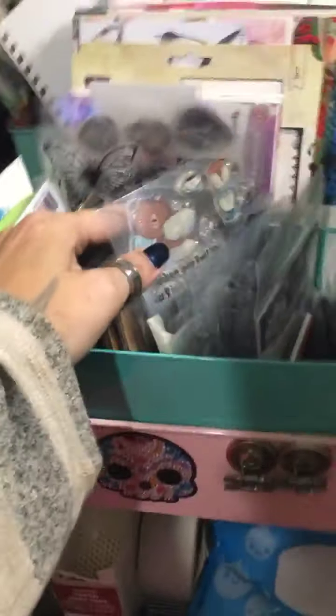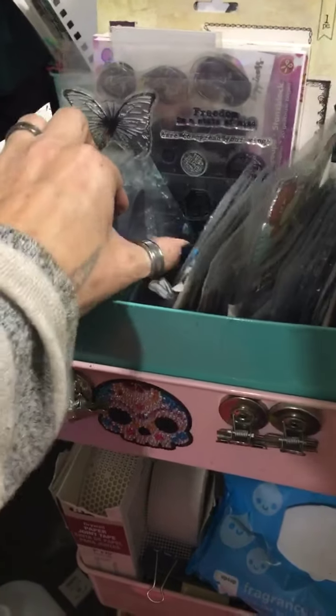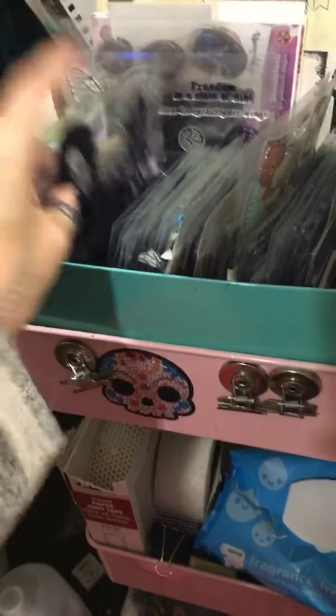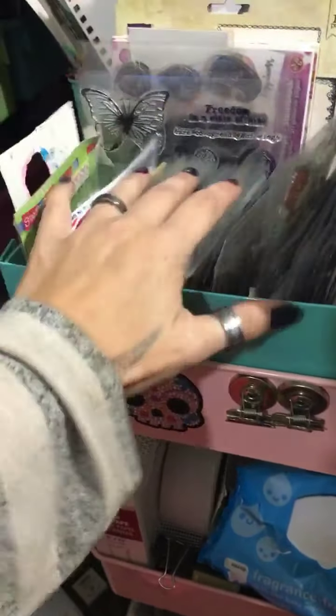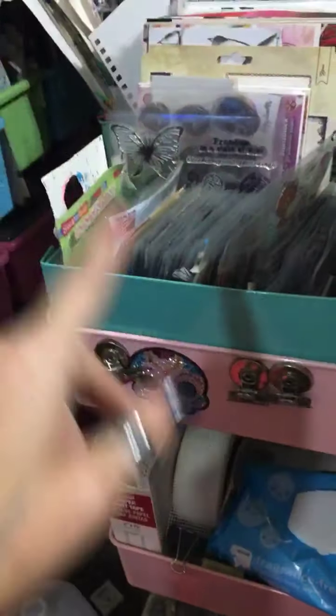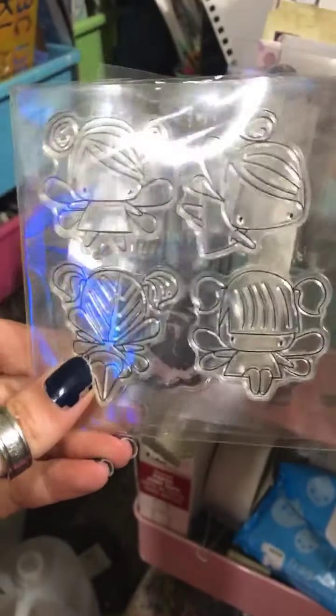I've got the newer stamps I have in here that are on the clear sheet type like this. I have my faces here. I haven't really organized them yet, and that's part of the whole I want to do. But some of the smaller ones I can reach in here. Here's one I haven't used yet, and I just love. And she's so cute. I love her. So I got that. And then I have,